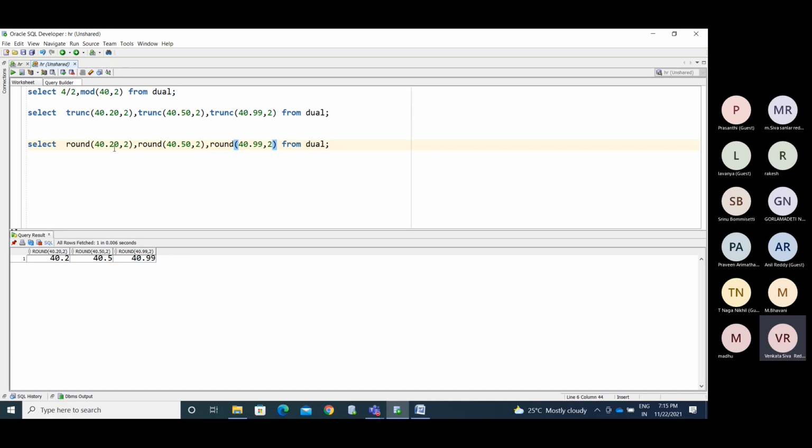Okay, 40.2. So you are rounding it, so it is 20 only, right? Here you see 40.5. One minute. You can observe with and without decimal values. 40, 41, 41. Okay.